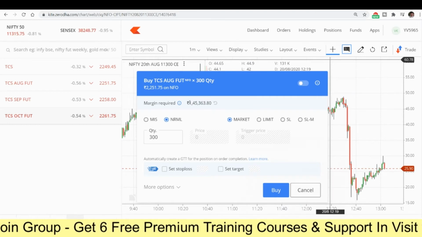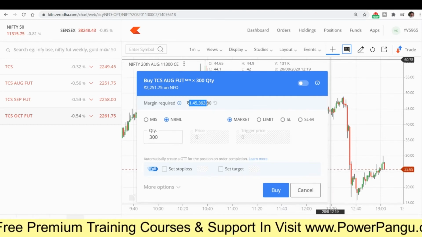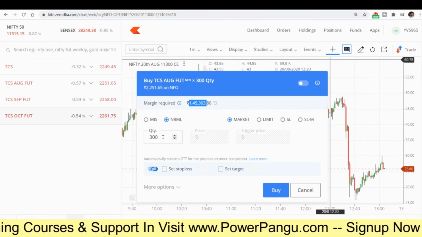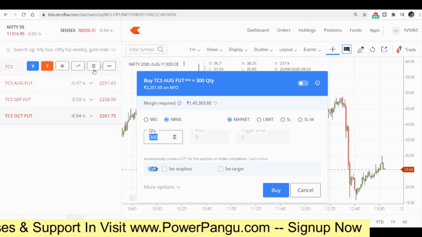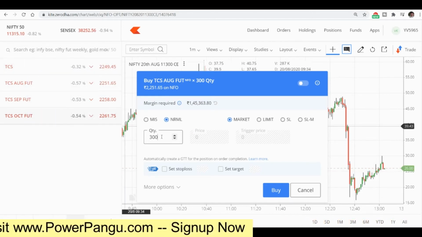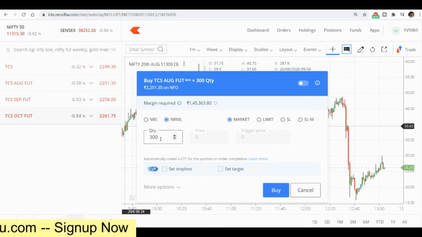So this is the major difference in futures. If your direction and everything is correct, for every 1 rupee change you will get 300 rupees profit. If TCS moves 10 rupees today and you bought the future contract, you will be standing at a profit of 3,000 rupees. But if it goes opposite, you will again lose the same amount of money, 3,000 for a 10 rupee change.